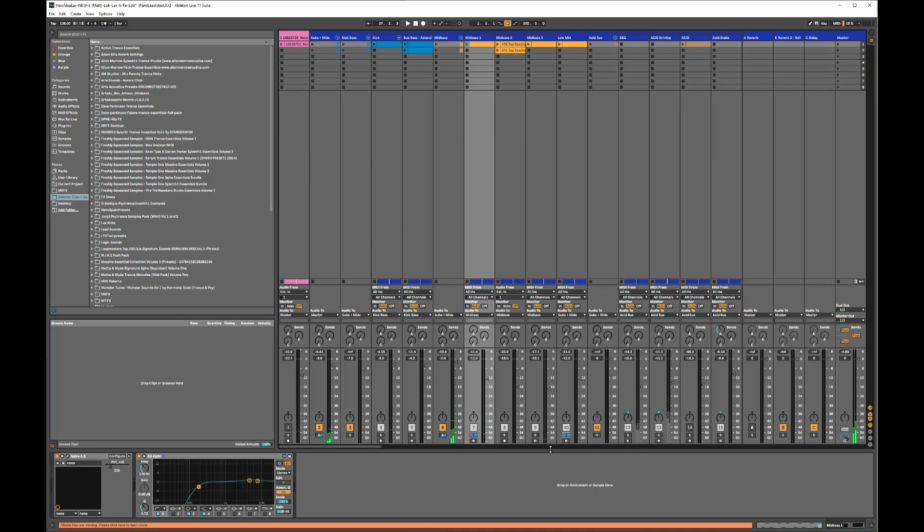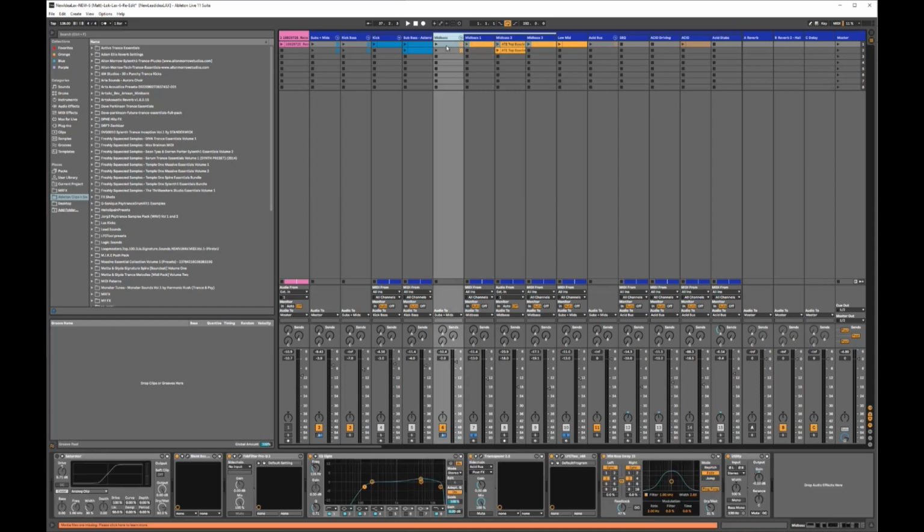You kind of want to make sure that you have sort of 1 or 2 layers which are sort of your main layers, and then the other ones are just sort of helping those layers accomplish what I would call filling out the spectrum. So if we have a look here, I'm just going to turn off all of the processing. I'll leave that on, utility, we can probably just turn that off. So if I play these now,